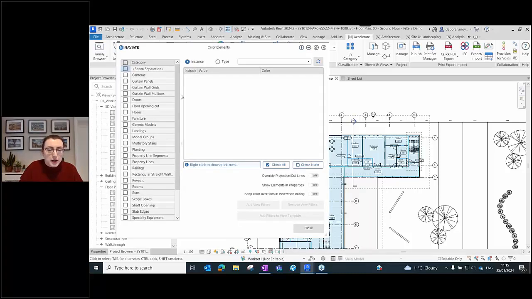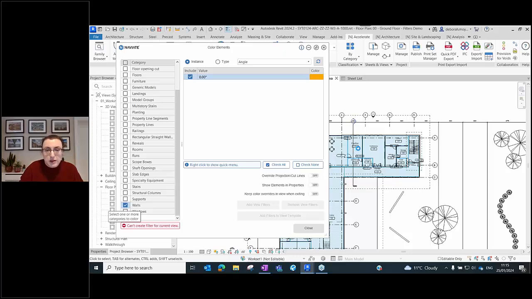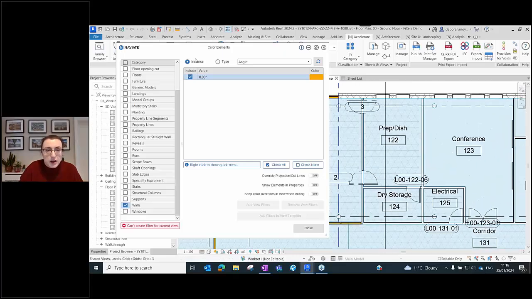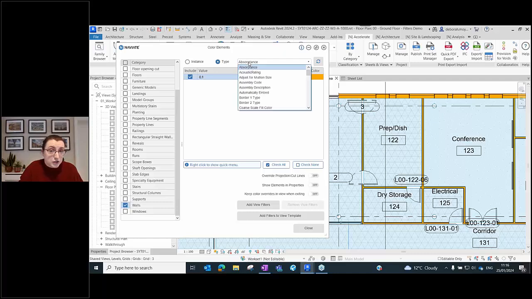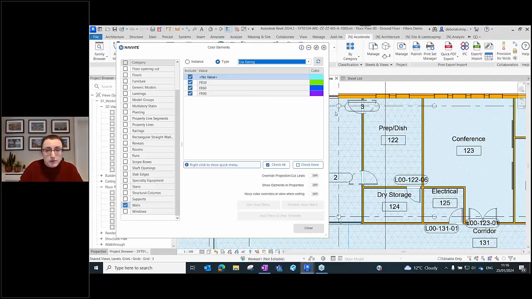So I've opened up Color Elements here, and what I want to look at is creating a drawing for my fire rated walls. So again, I have all of my categories along here on the left hand side, and I'm going to scroll down to walls. And as you can see, I have my instance parameters and I have my type parameters again. As Naviate is selecting through different parameters, you can see that the colors are applying automatically in the background, so it is that quick. If I go down to fire rating, again, it's going to auto refresh almost instantly, and